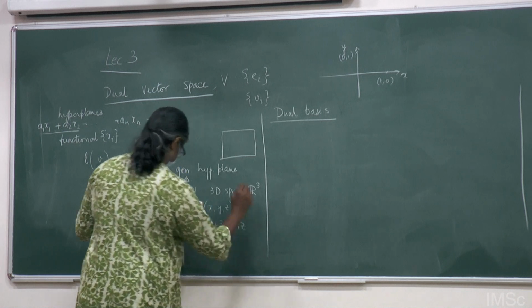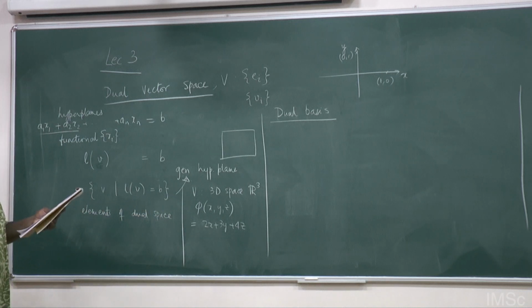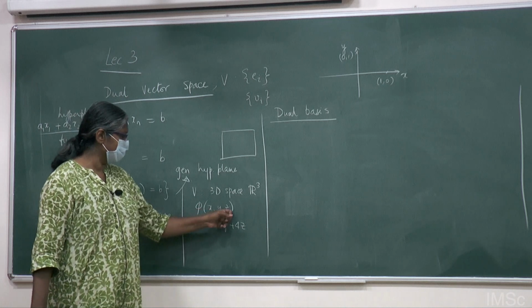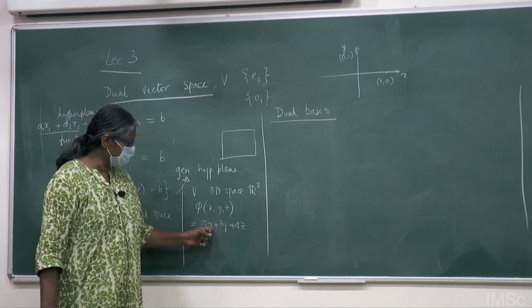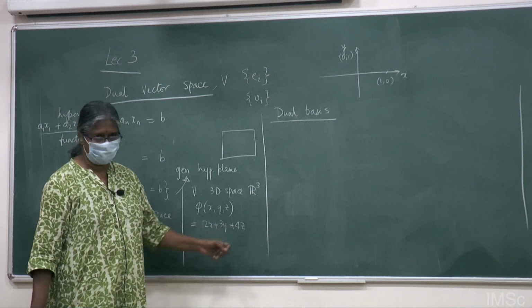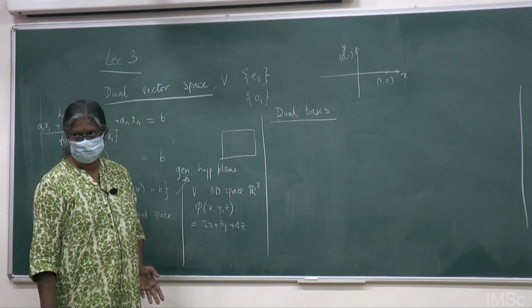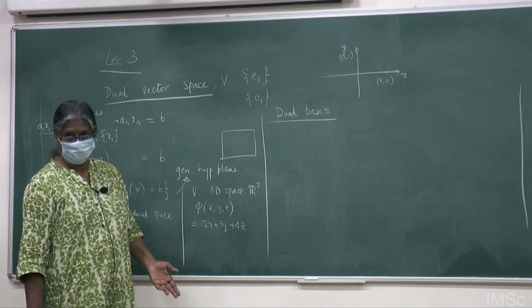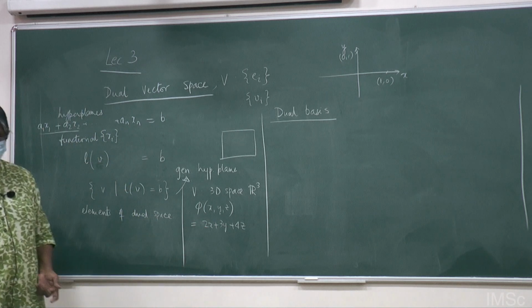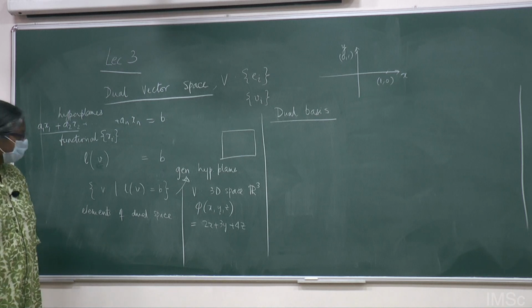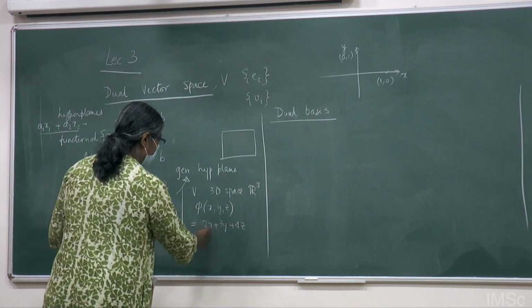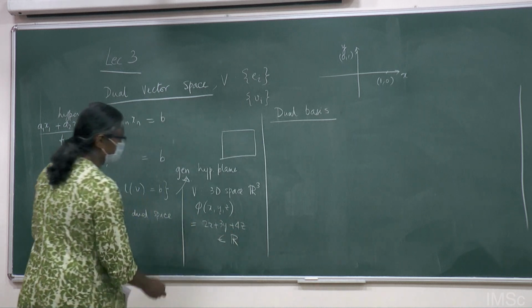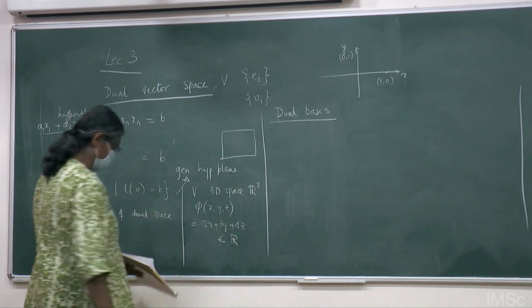This is the example that is given in that book. So you can see that for every vector x, y, z, this phi has some value, right? Suppose I say x is 1, y is 3 and z is minus 2. This is simply a number, but this becomes an element of the dual space. You might wonder why you want to do such a thing, but you will see in a moment that it can be very useful. You can see that this is simply a number, and therefore this dual space belongs to R. So this is a map from R3 to R.